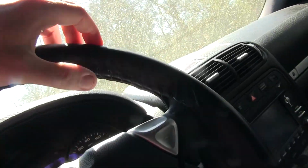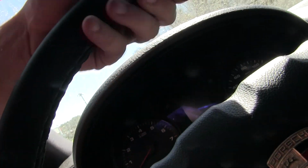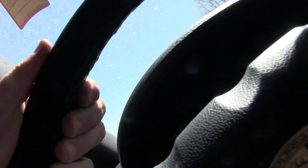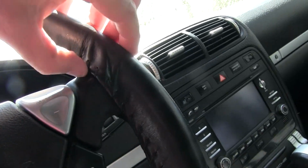Man, that's some heavy-duty stitching going on that steering wheel. Look at that. It looks like they just sewed up the human body right there. That definitely looks hand sewn, you know? A lot of cars, I mean, holy,